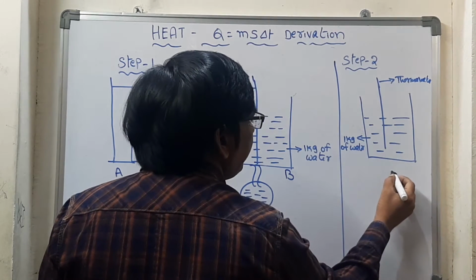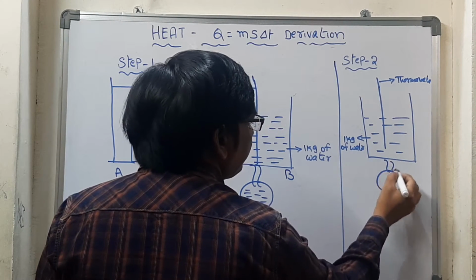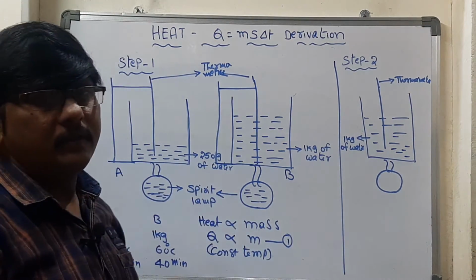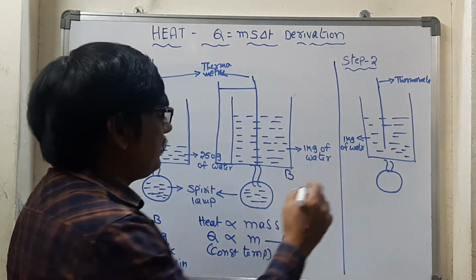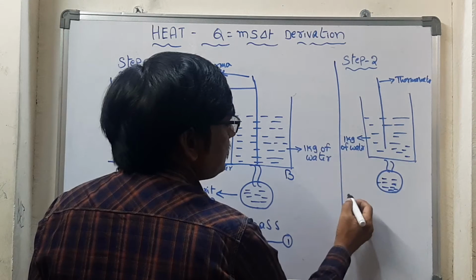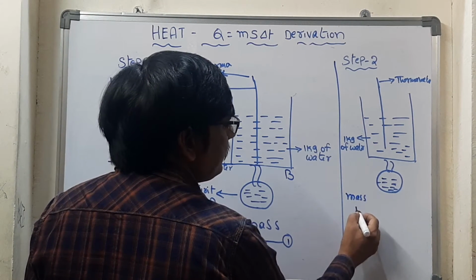And let us supply heat to this one. Now let us apply heat, and once we are supplying it, let us also write the tabular form for this, to see how it changes. Then the mass, how much is taken? Mass is constant. Then how much is that? That is 1 kg.